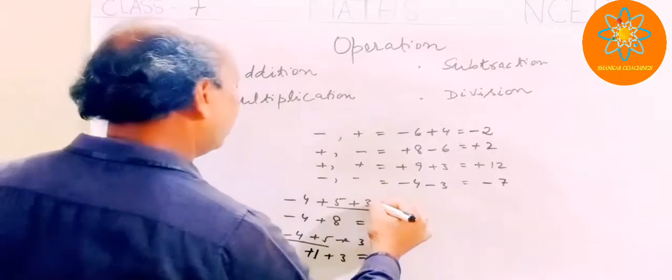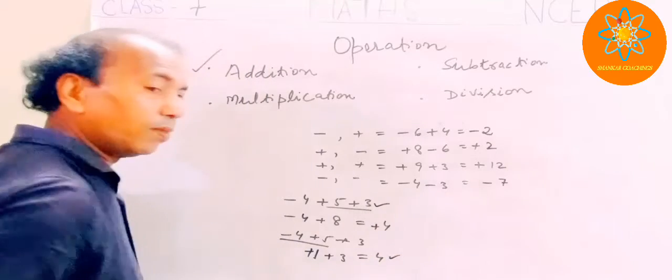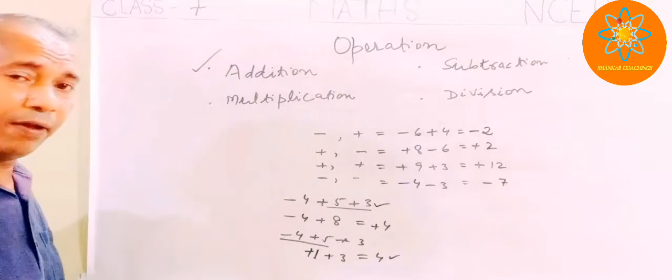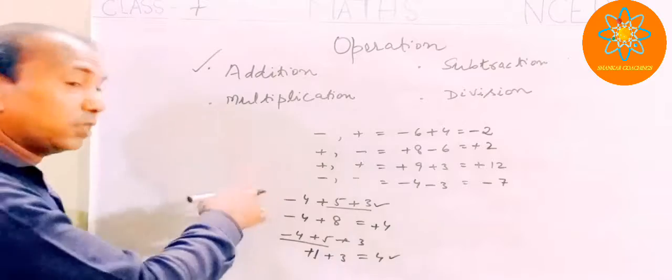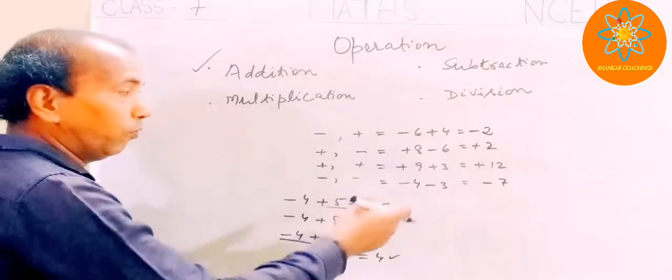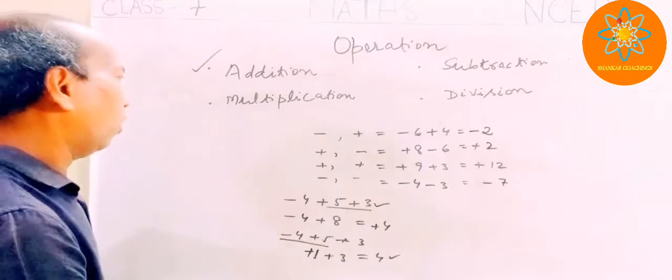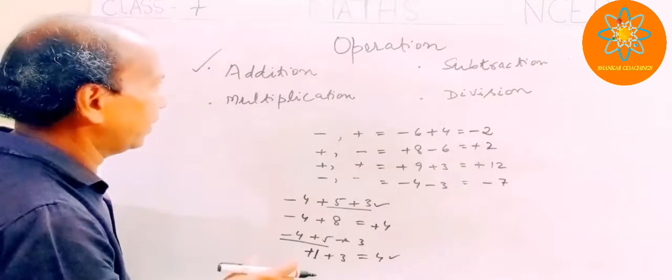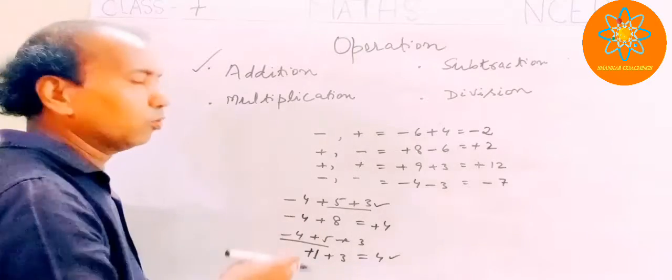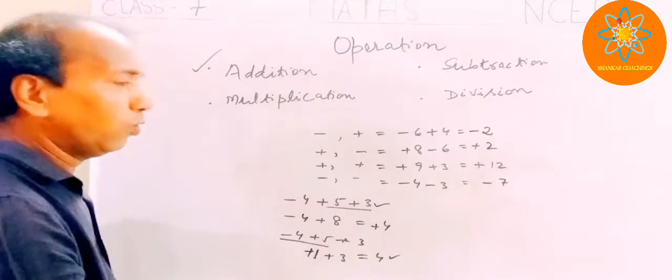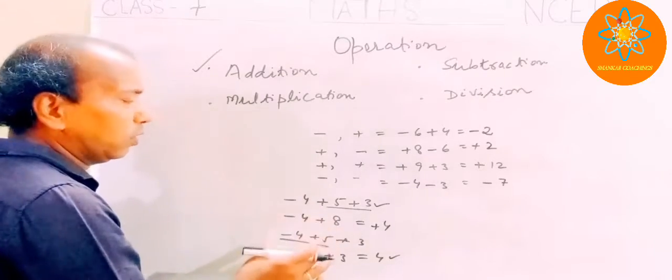So either you can do it in this way, or similarly, if you have the numbers, instead of 2 or 3, 4, 5 like that, and you want to solve those integers as an addition, suppose you want to find the addition, then what will you do? You will take what?